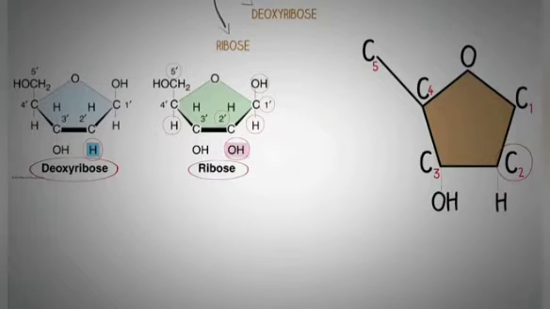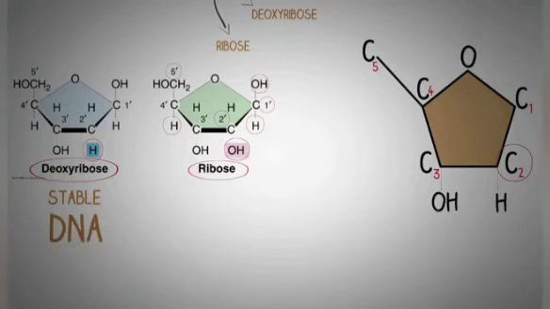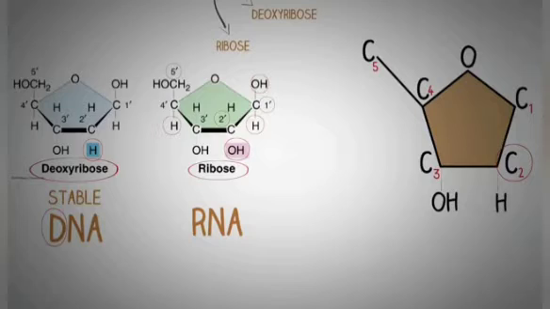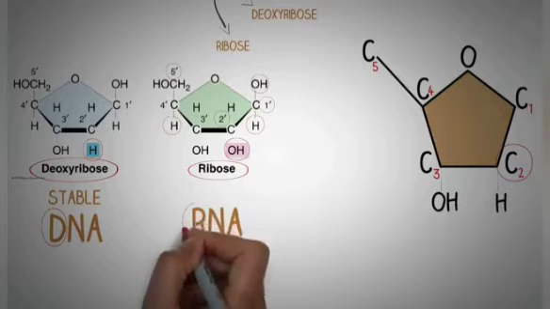You can also tell this by the difference in their names, that deoxyribose has a prefix called deoxy, which means removal of oxygen. The resultant sugar, deoxyribose, is more stable as compared to ribose because of one less functional group. Deoxyribose is present in DNA and ribose is present in RNA. You can also remember this by the starting of DNA, which starts with D, so the deoxyribose, and RNA, which starts with R, so the sugar is ribose.